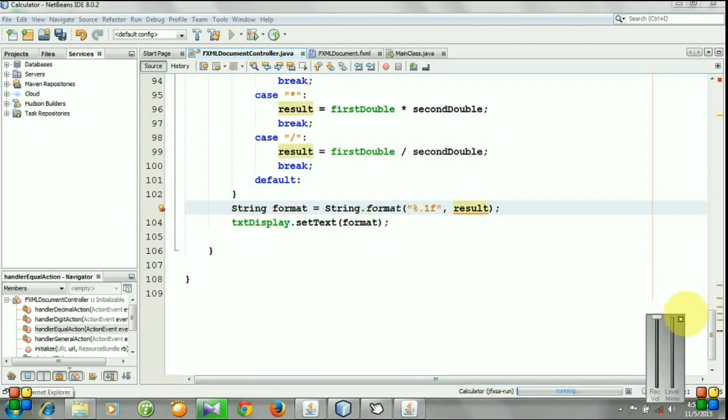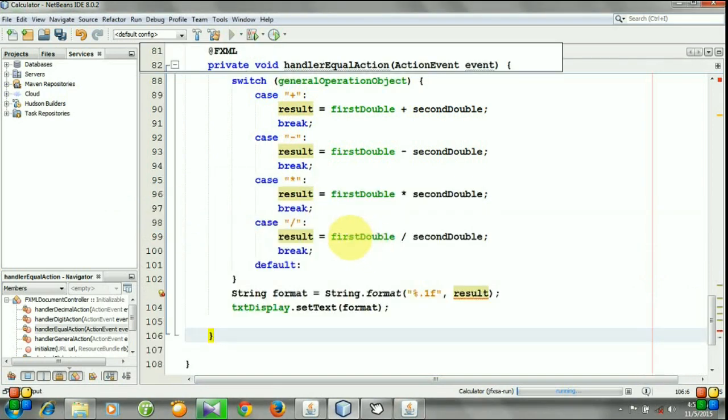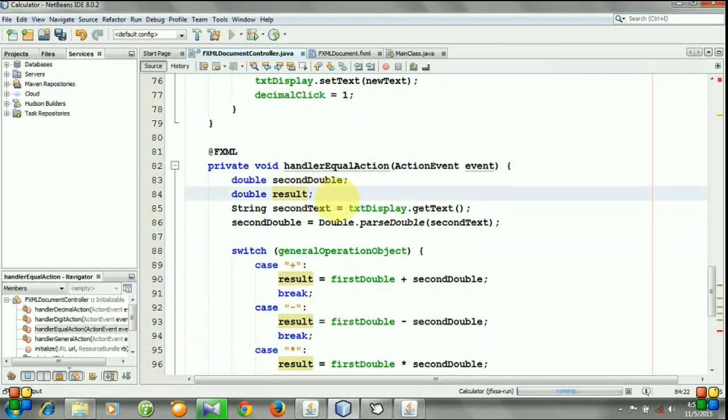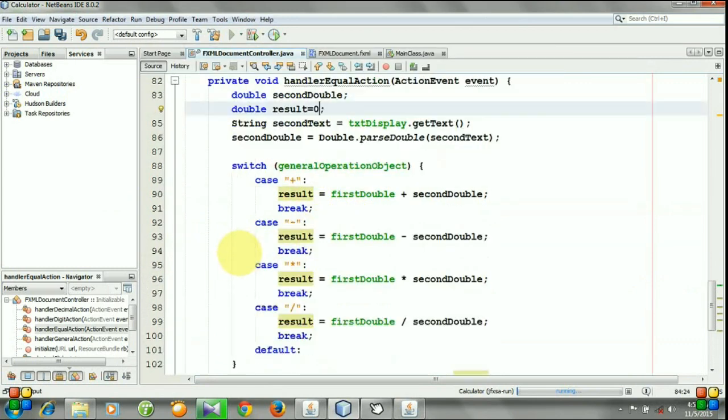There is a warning. It says initialize variable result. Actually we need to initialize result first, and you see the warning is gone.